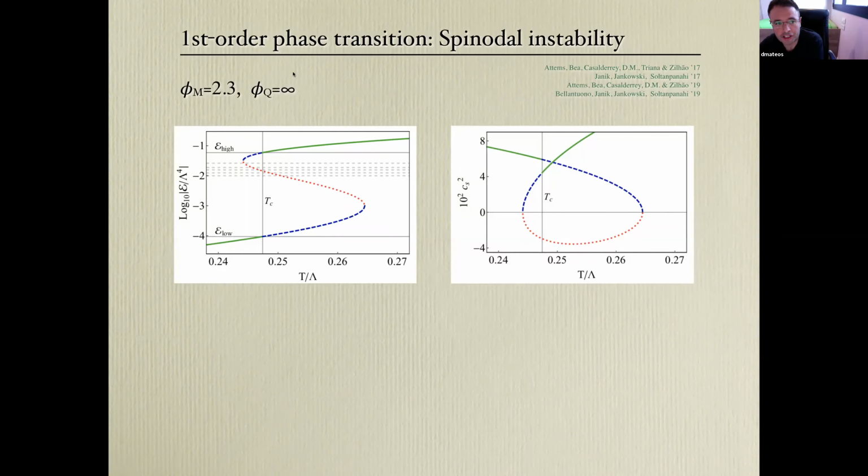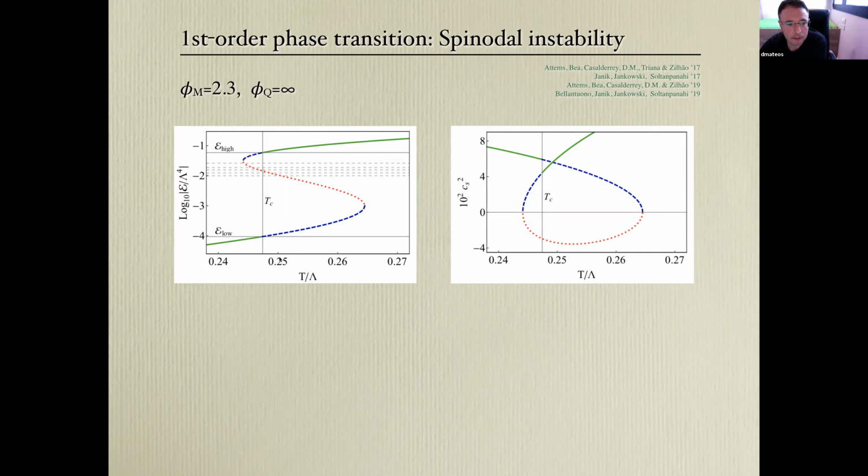Later on, I will change these values and I will choose other values that are more convenient, but that will still give a first order phase transition when I study bubble dynamics. So here's the phase diagram again for these particular values. You see the multi-valued nature of the energy density as a function of temperature. This is the critical temperature. And here in green, you see the absolutely stable thermodynamic phases or branches.